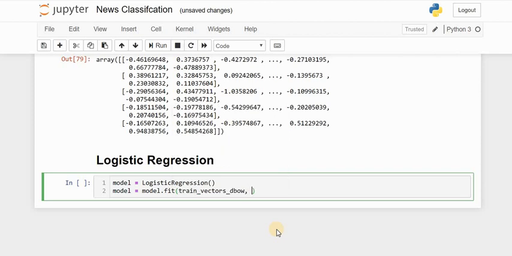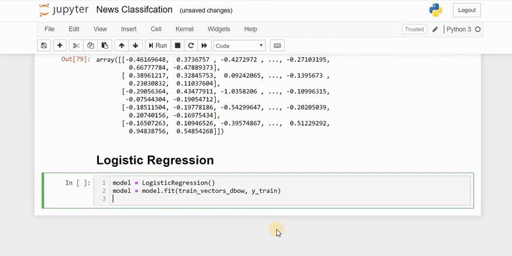So model.fit, instead of the labels train, the features train, we are now giving train underscore features underscore dbow and y underscore train. I've already fitted the model. Now for prediction I will give the test vectors, and then the y test, that is the ground truth.